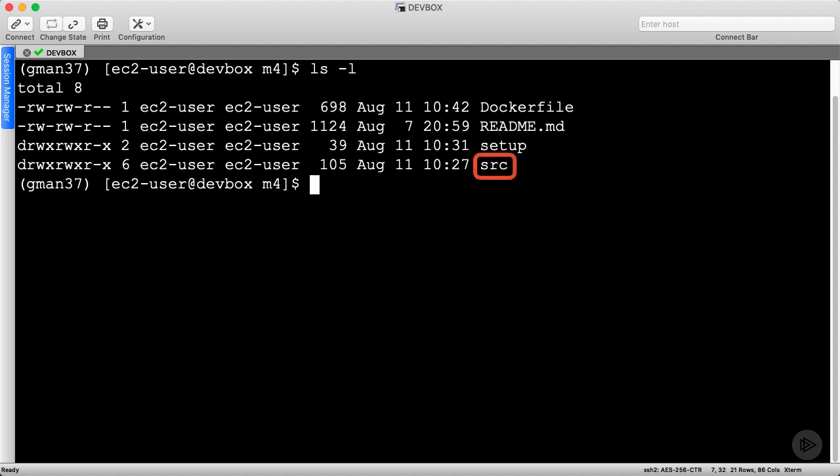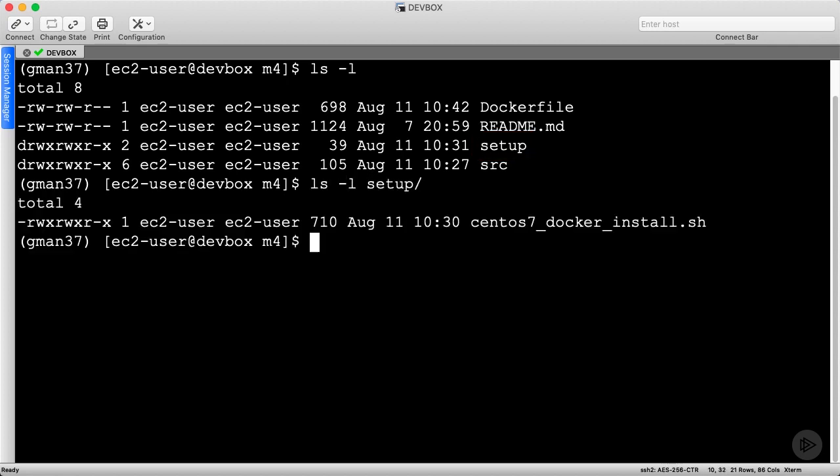The src directory contains our MVC app source code that hasn't been changed in a while. The setup directory contains some important bash scripts. I'll discuss bash scripts more in a future course, but for now, just think of them like a list of commands without any complex programming logic. Right now, I have one script, and let's explore it very briefly.